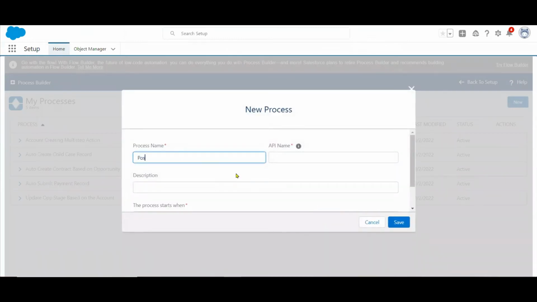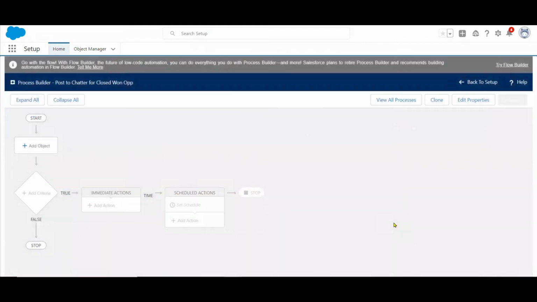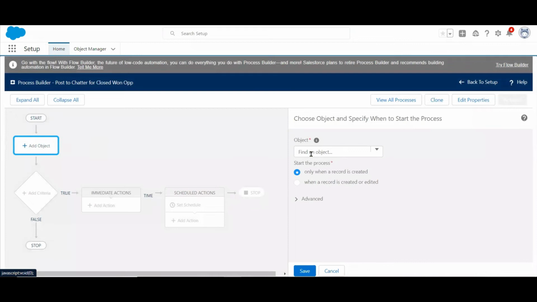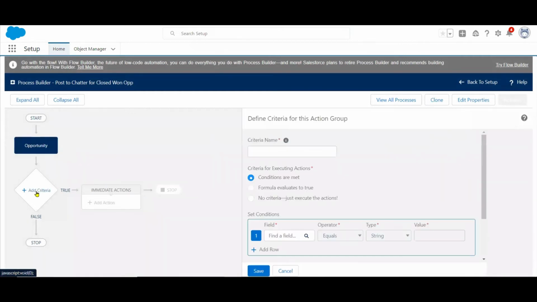So what is this? Post to chatter for closed won opportunity, right? Only for the closed won opportunity. Whenever the record changes, save it. Got it? On which object? That is the opportunity object. Go here, find the opportunity. Whenever the record was created or edited, save it. Next, the criteria. What's that criteria? When the opportunity is